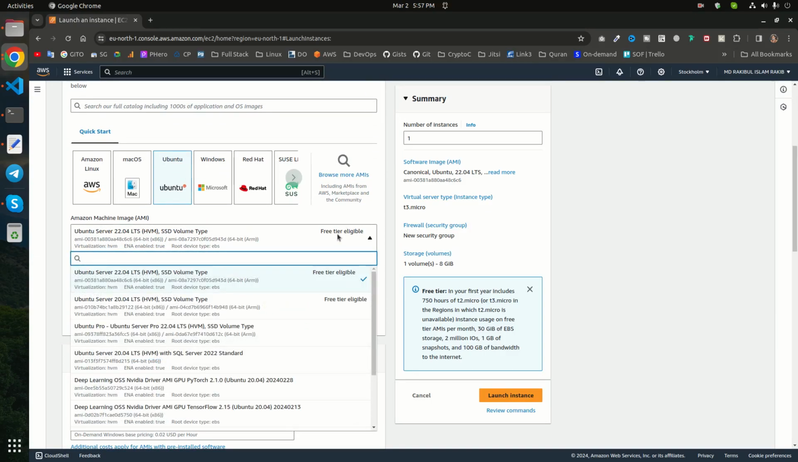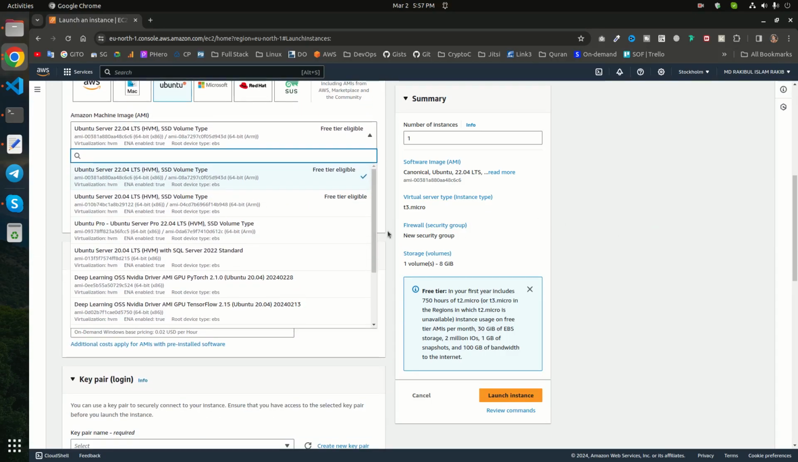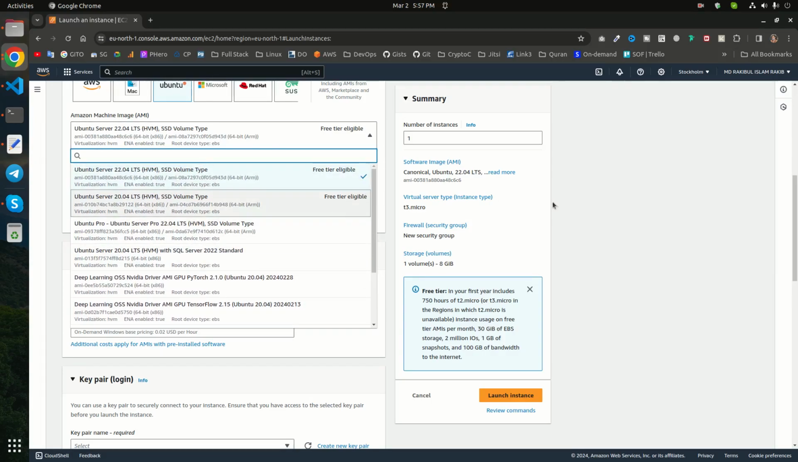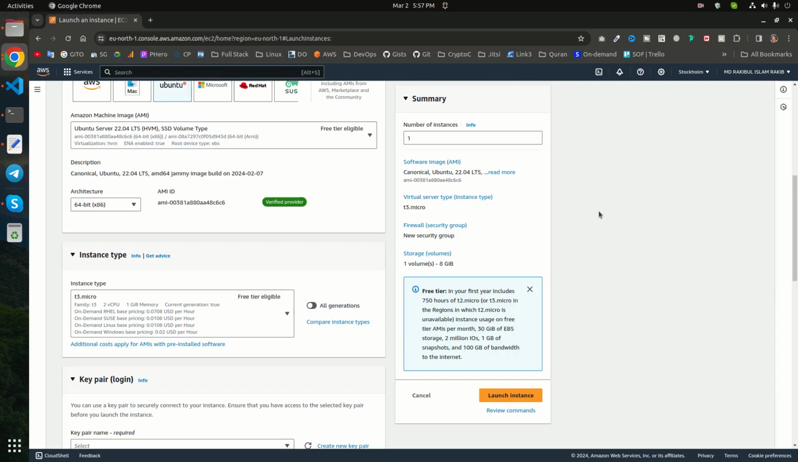We will use the free trial, but for production purposes, always try to use a T2 large or some other big server, so your continuous integration and deployment can go smoother. Okay,